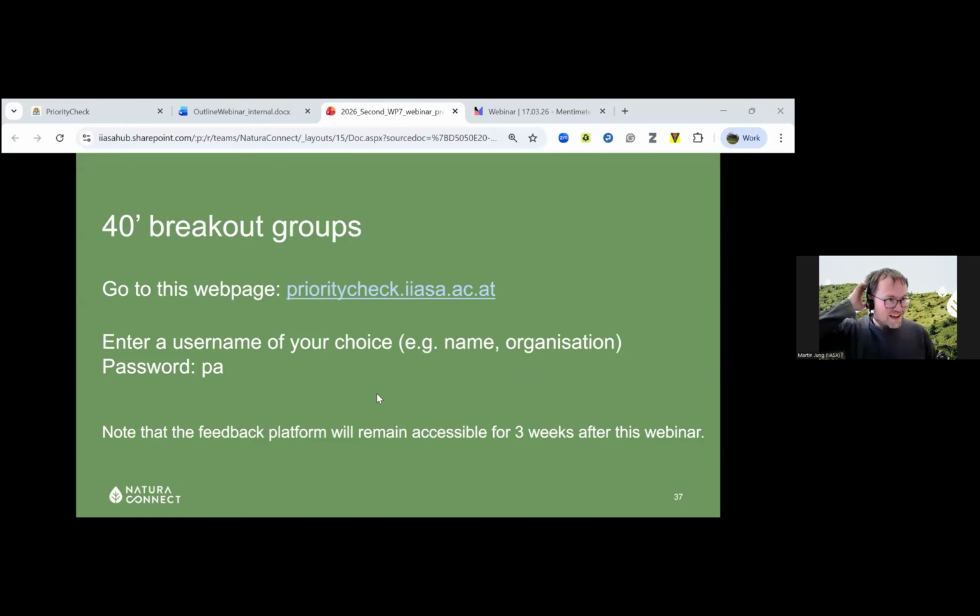Okay. Thanks, everyone. I don't know what was in the other breakout groups yet, but let me emphasize again, we realize very much that these are a lot of maps. There's a lot of detail. There's a lot of different information that is being shown. And as shown here also on the slide, this feedback platform will remain open after this webinar, and you're welcome to forward it, for instance, to colleagues in other institutes or institutions that you're working with, who can also be invited to enter feedback here. Any feedback would be very welcome on the specific layers.